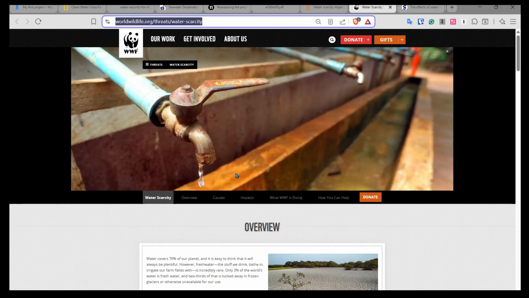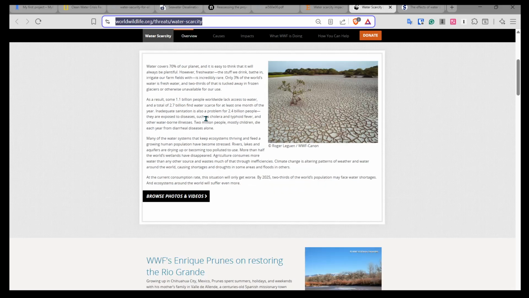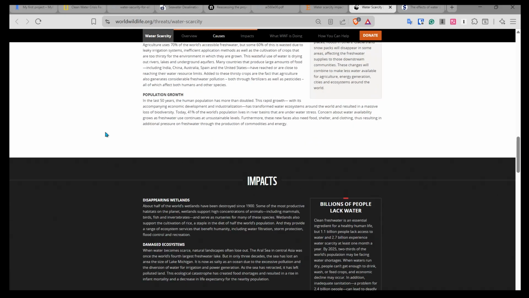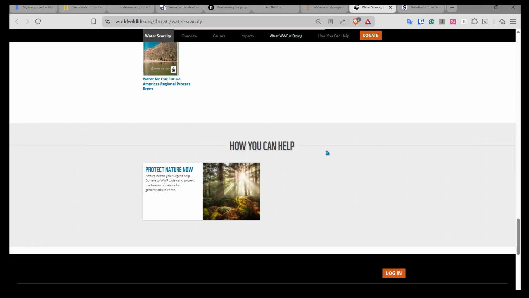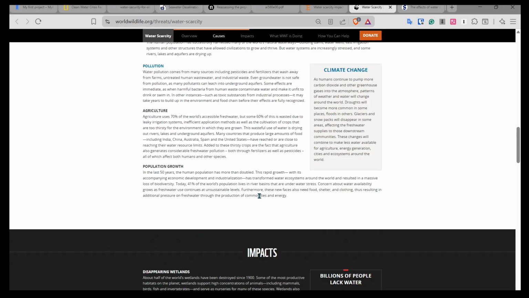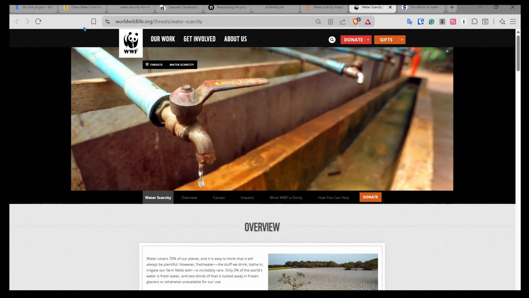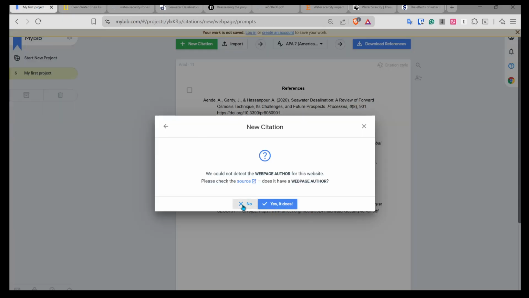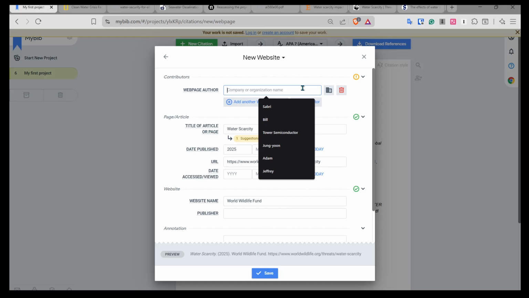Well, let's check. A lot of times these that are written by organizations do not have authors, but here's some of the information that was used in the paper. We can scroll down, we can look for an author, but I do not see an author at the end of this paper, at the end of this is a different article. So there's no author given here. So you must search if it doesn't find it automatically. Does it have an author? No. So again, this is an organization, the World